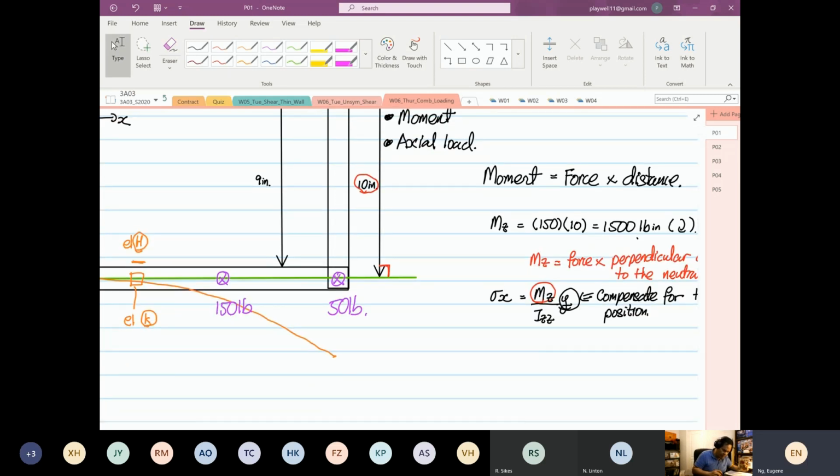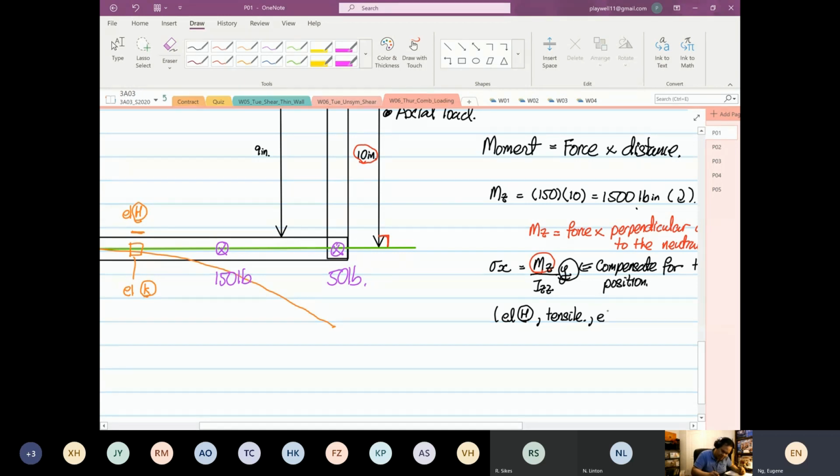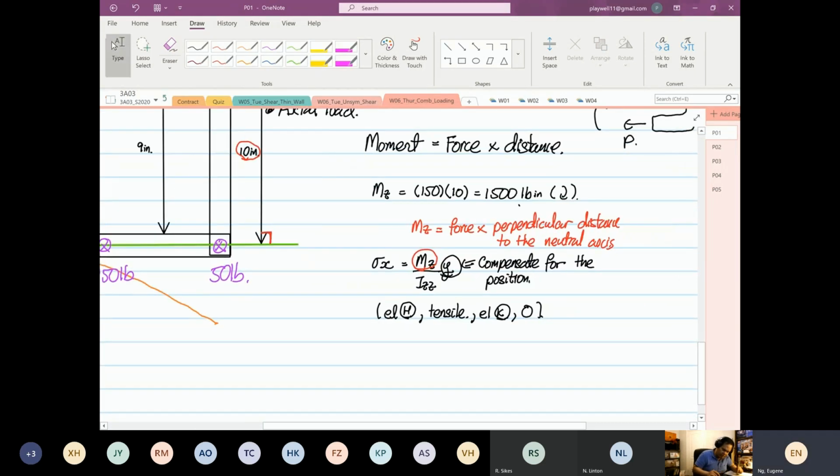So for this case, we know that element H, it's good when you analyze, you do this. Element H, due to moment about Z, it's going to be what? It's going to be tensile. And then over here, you also know that element K is going to be what? Zero. Why zero? Because if we base on that